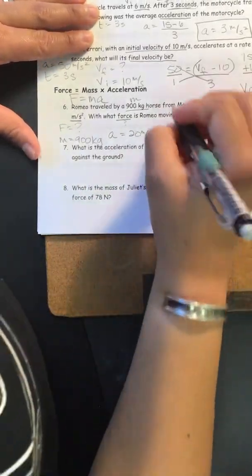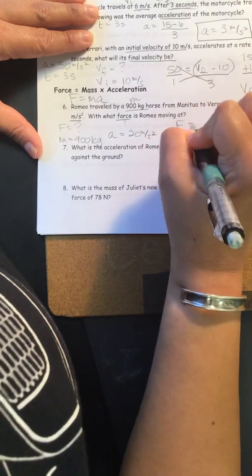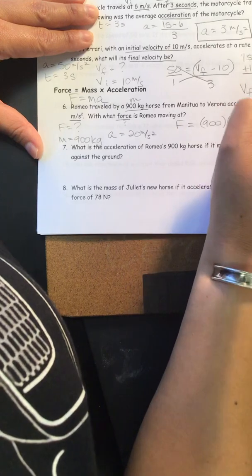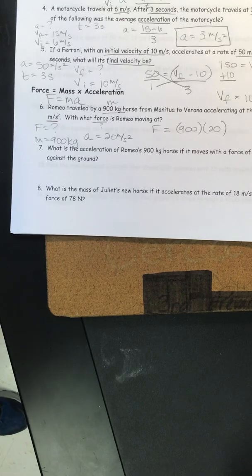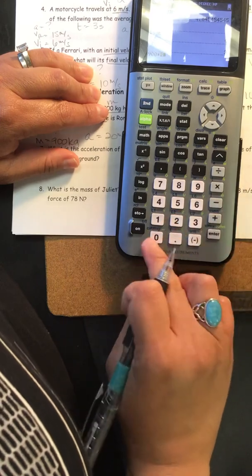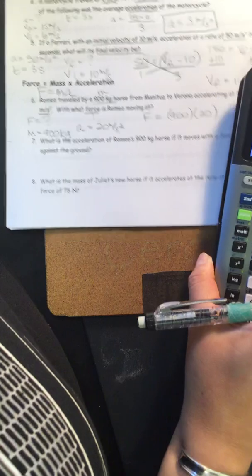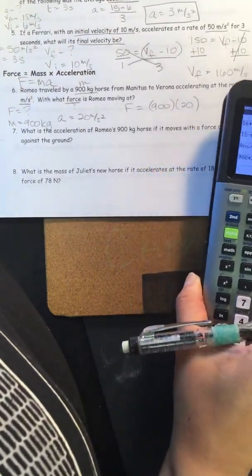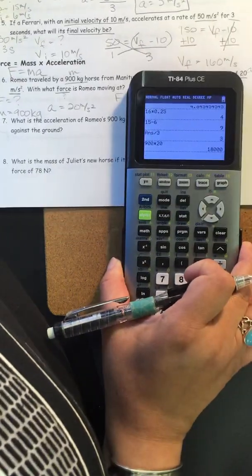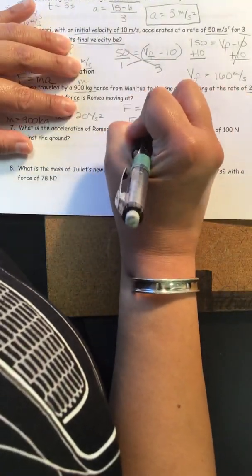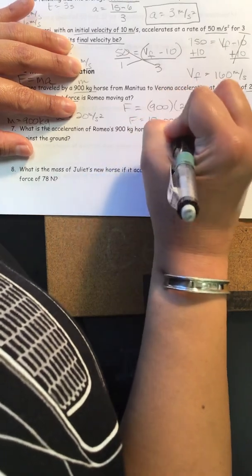So if we plug that into the formula, force is equal to 900 times 20. So 900 times 20 is 18,000. So your force is equal to 18,000